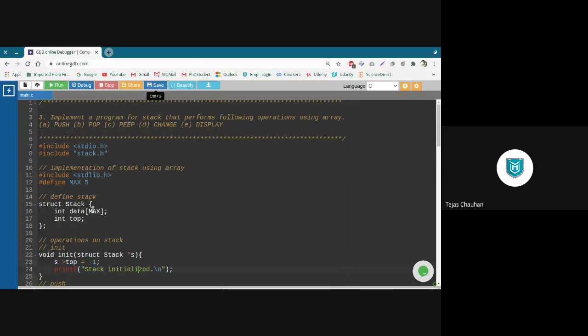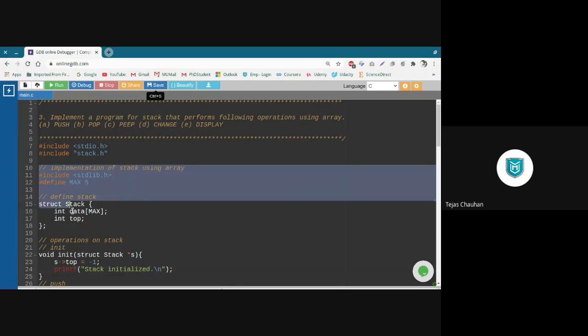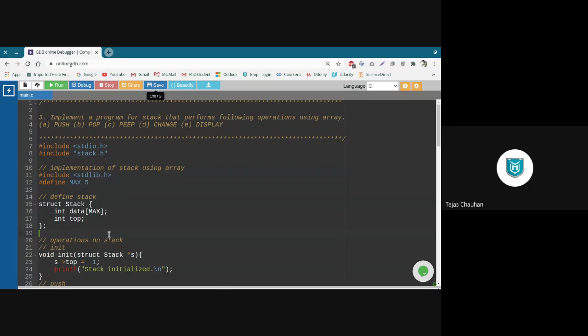So this stack will become completely abstract. It is going to make this stack an abstract one.